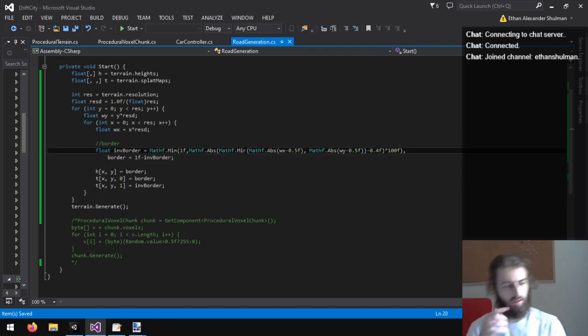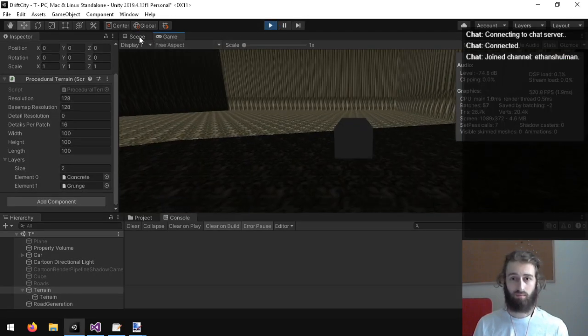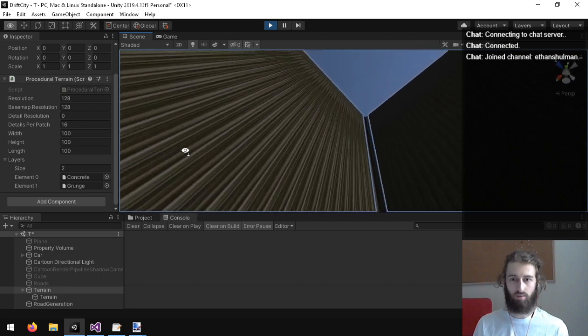So let me look at this code. What's wrong with this? Minimum between abs and abs. Oh yeah, this is supposed to be max, actually. There we go.